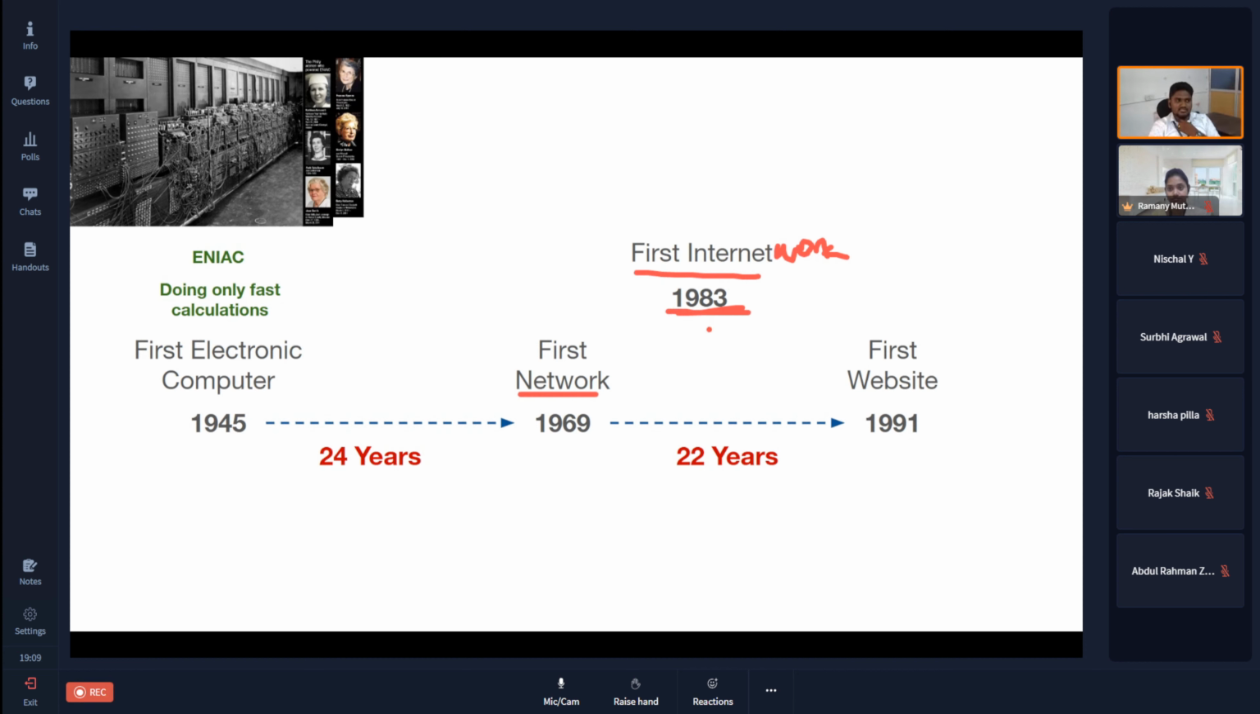So this is where the first email also they were using. Even before they invented the first website, they were using emails to share the information. Email, electronic mail, right? Email was the first communication technology between the computers. Between one computer to another computer, they were using email to share the information. And